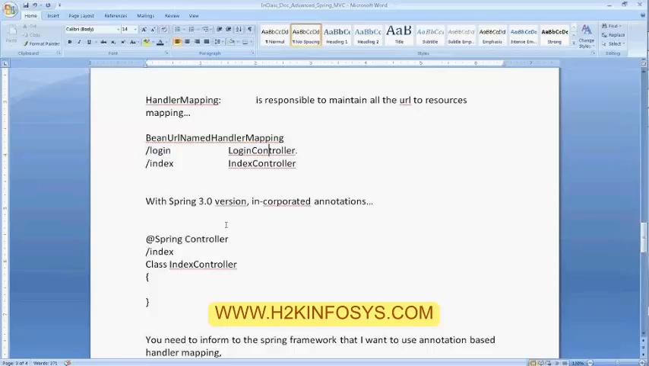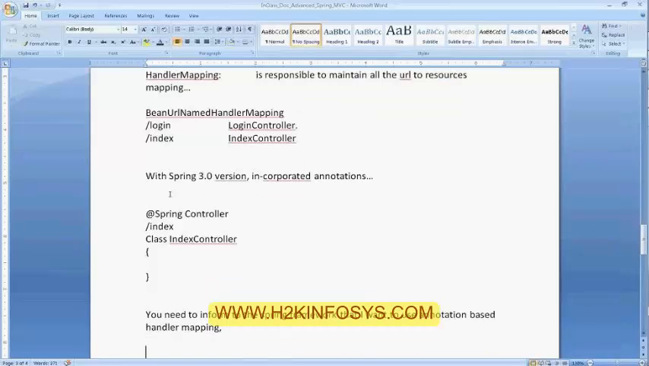But with 3.0, we are not interested in writing all this code. Let us say you have 50 request resources that are supposed to map to 50 controllers. That means you are supposed to write all 50 at this level, which is a hectic process. So instead of doing all that, you can just inform the Spring framework, hey, I don't want to configure within my config.xml file. I'm just specifying it at the controller itself,